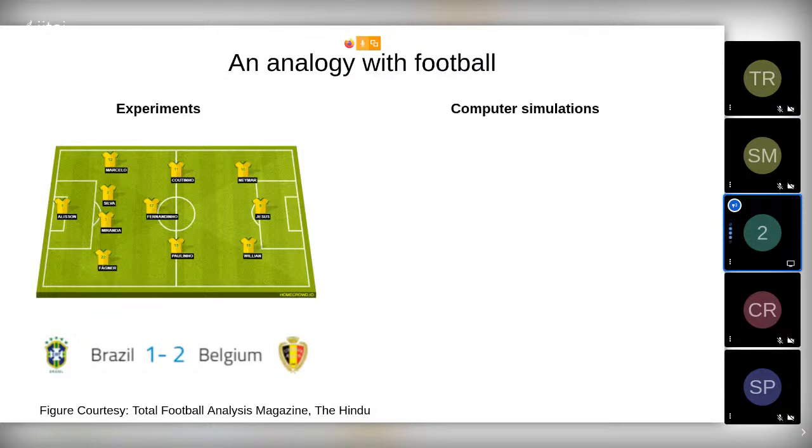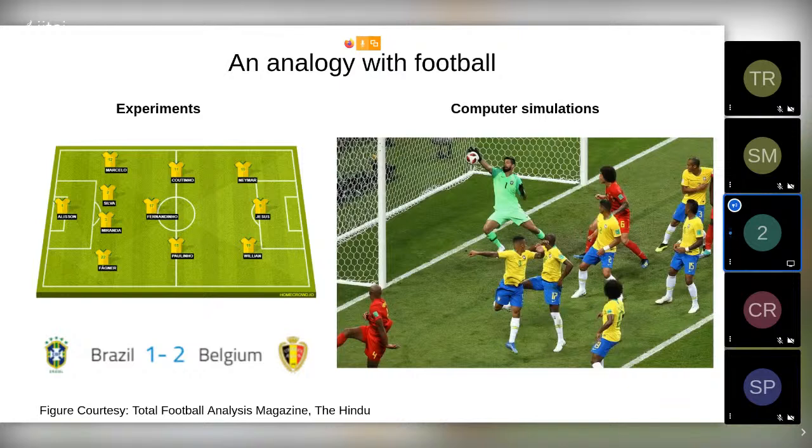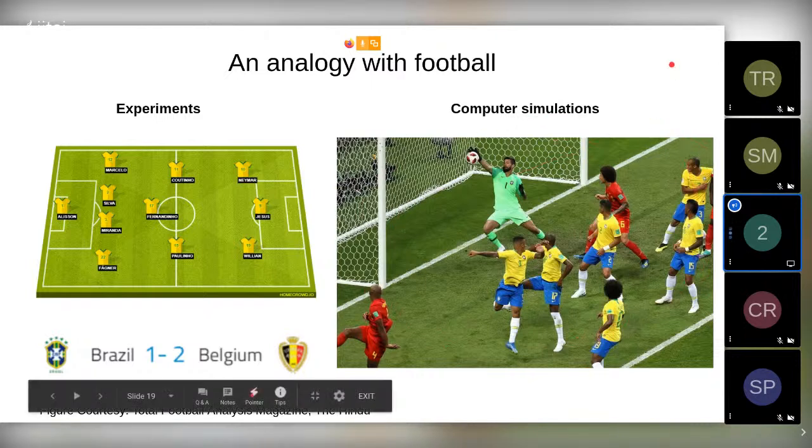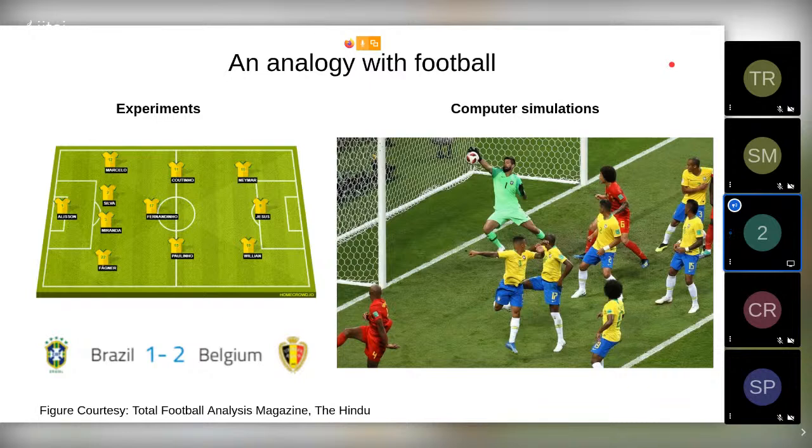So computer simulations supplement this information with the complete video of the match, which you can watch for full 90-minute coverage and see how the players move around, run around, kick the ball, score goals, and all the entire dynamics which is incorporated into the system. So you can consider that as the part of a simulation where you can understand the mechanism and interaction of molecules and look at them in real time. So together we get a complete picture of how the molecule behaves or how the match is played in particular